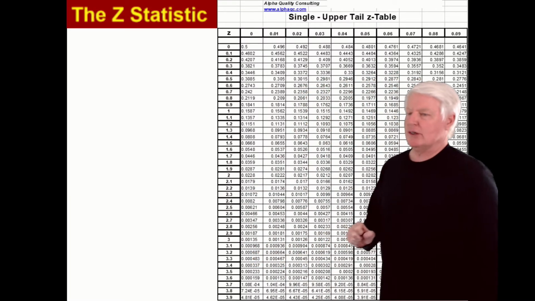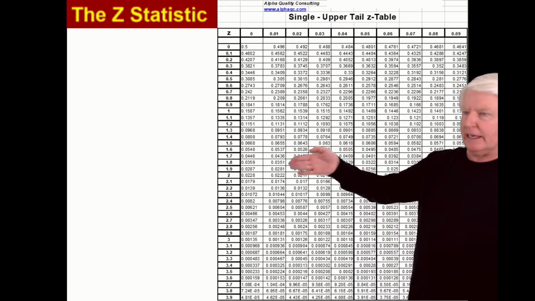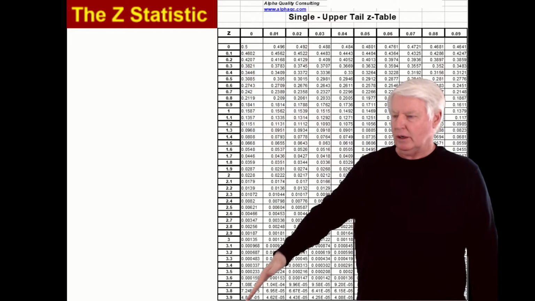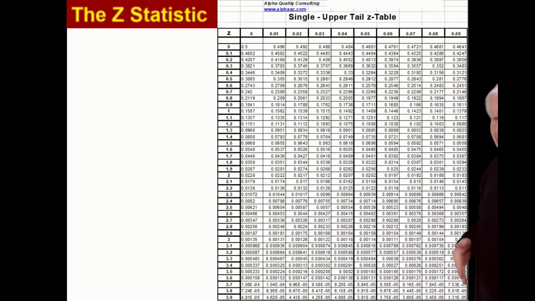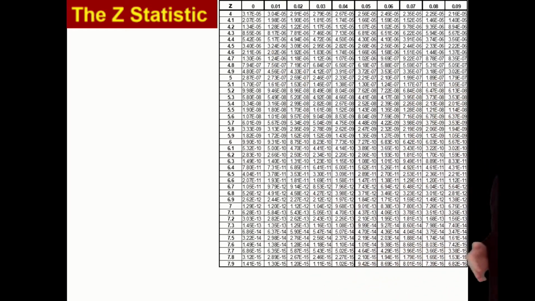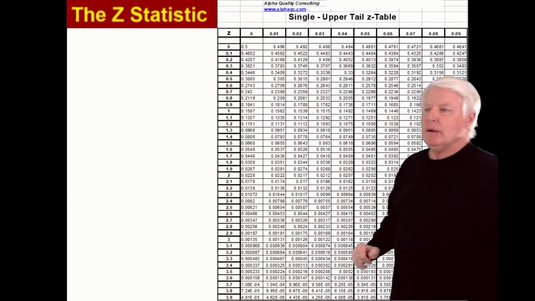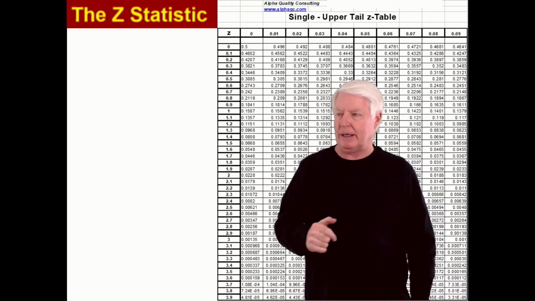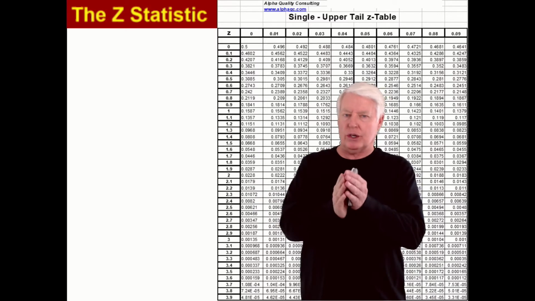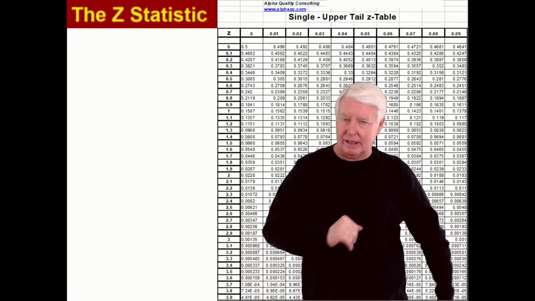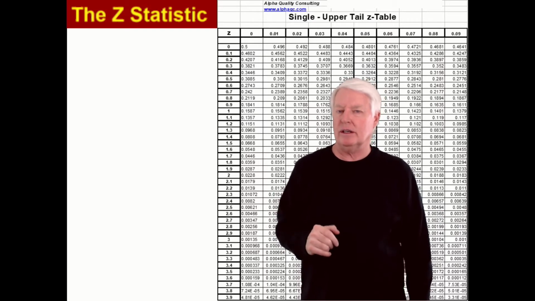All right, back to the question, how to use the Z-table. Here it is. This part of the Z-table goes from a Z value of 0 to 3.99. Then I have another page here that goes from 4.0 over to 7.99. Remember what Z is. Z is the number of sigmas you are away from something. And this table will just show you what proportion of the population will lie beyond the value of interest, which